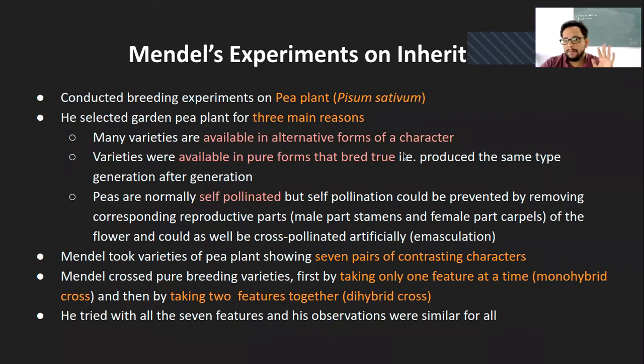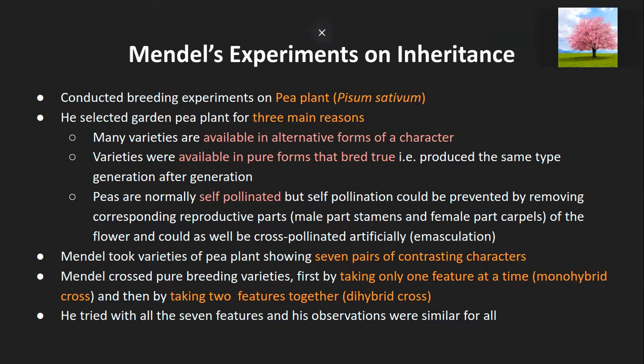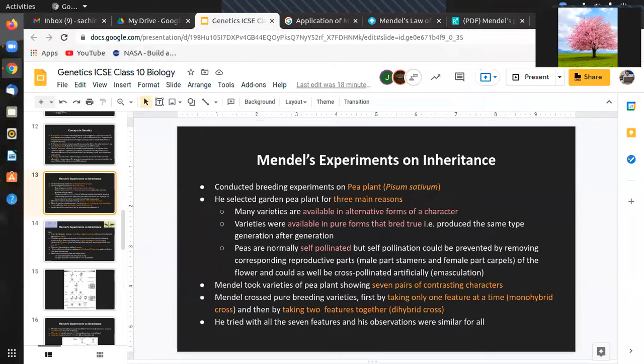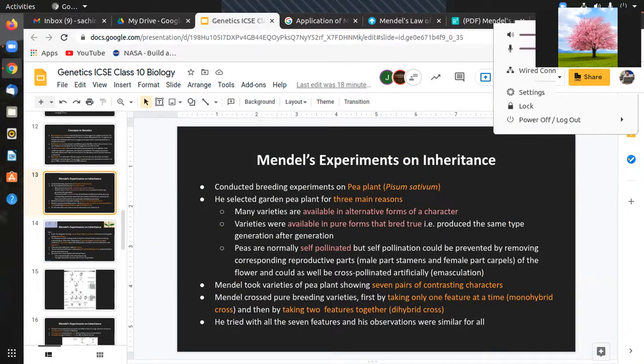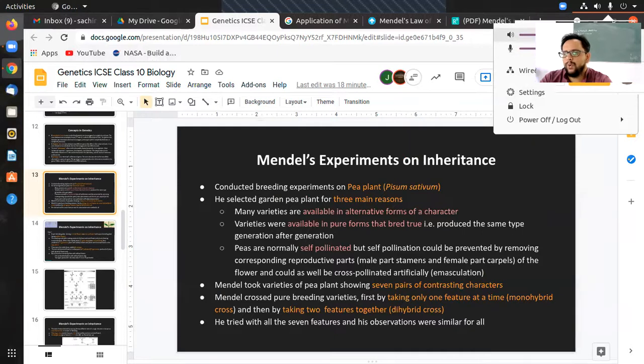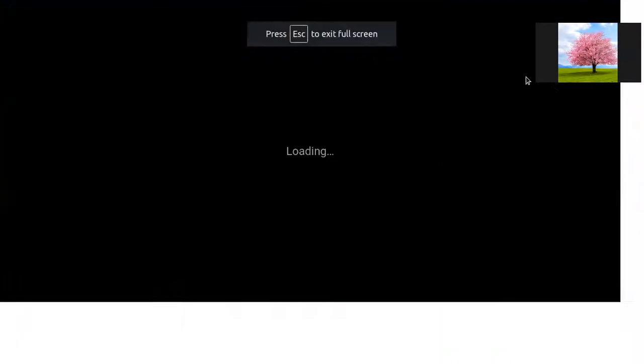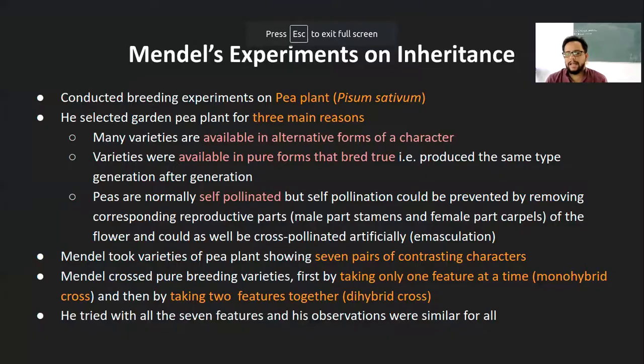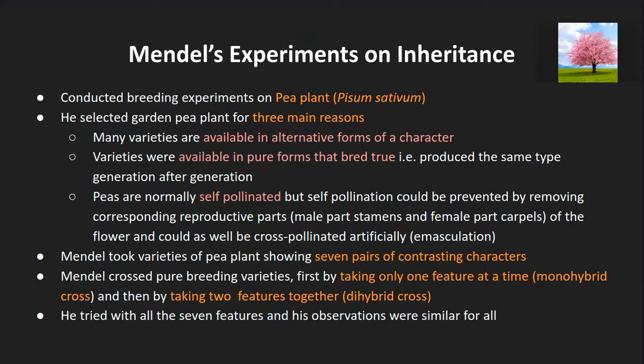Again, if you have any doubt, please do stop. Yes, Akshay has a question. So normally in nature, do these pea plants only have homozygous alleles? No, not necessarily. They do have heterozygous alleles as well. So what he is trying to say is there are different types of alleles already present, but out of this there are a few which are in pure form.